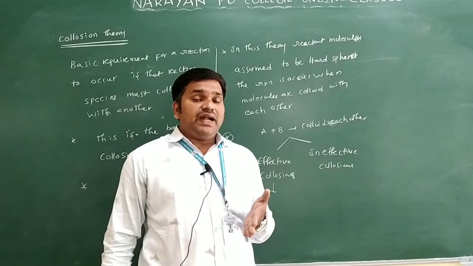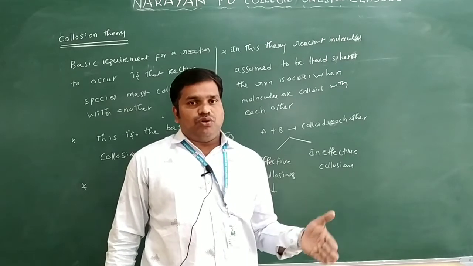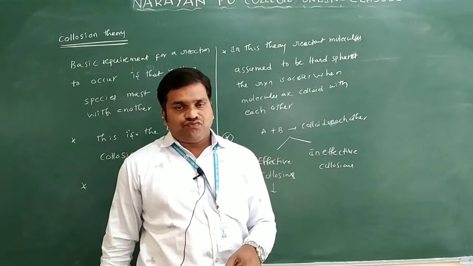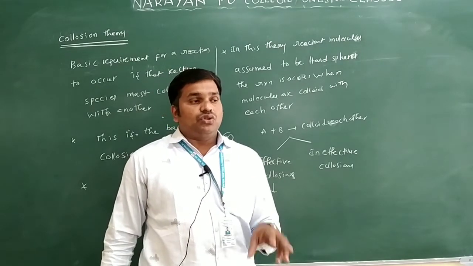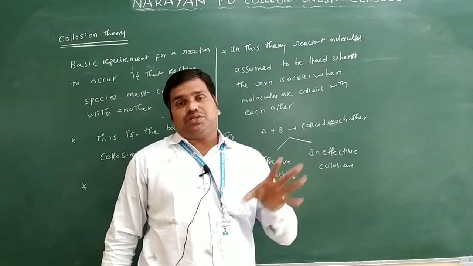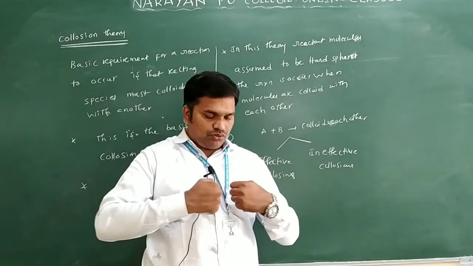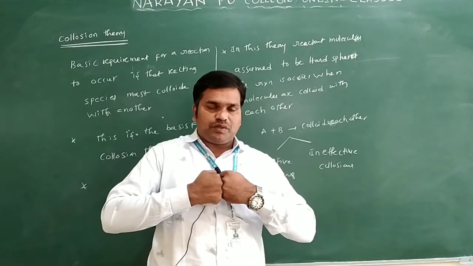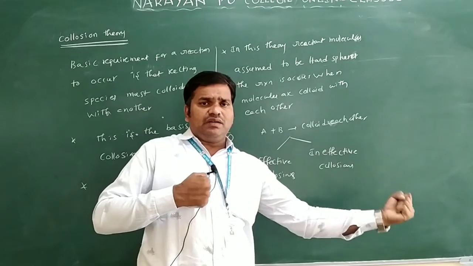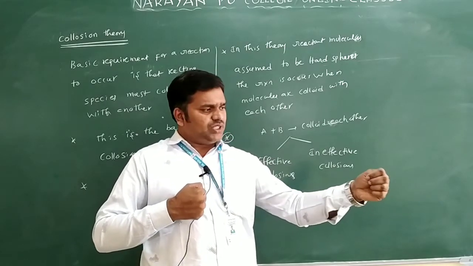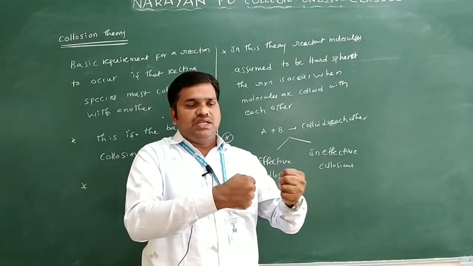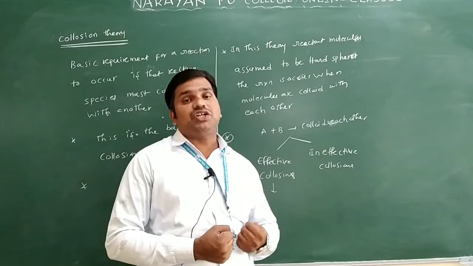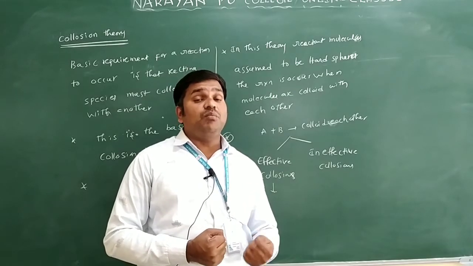If the reactant molecules undergo a large number of effective collisions, those only can form the products. If the collisions are not effective, they do not form any product, but the molecules still collide with each other. This is one reactant molecule, this is another, both collide with each other, and the product is formed. If another molecule collides like this, it is called an ineffective collision, and it does not form any product.